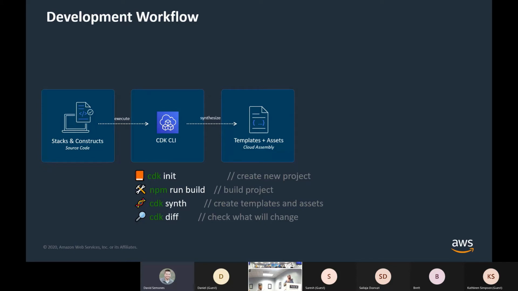All this is to say that cdk synth should be treated more like a branch off of this workflow, as opposed to a step you have to go through. You can go through the workflow and not do a synth. Synth is just like doing print statements. I know we all use the actual debugger in our IDEs, right, and step through stuff and look at variables exactly how we're supposed to. Nobody here uses print statements to look at the value of a variable while they're trying to debug something. I certainly don't do that. But cdk synth is the cloud equivalent of doing that.